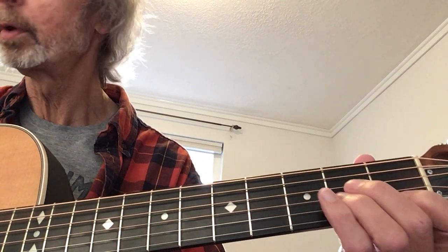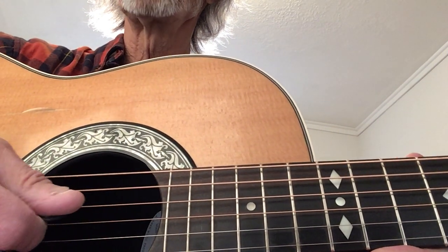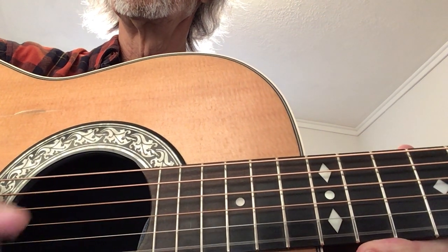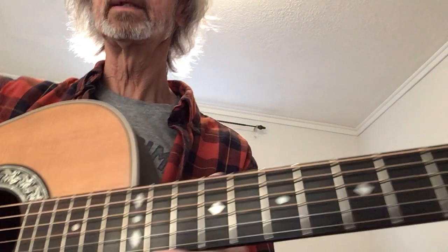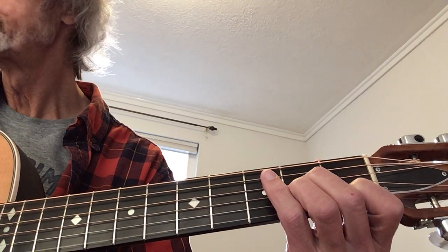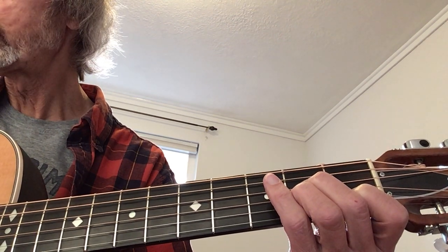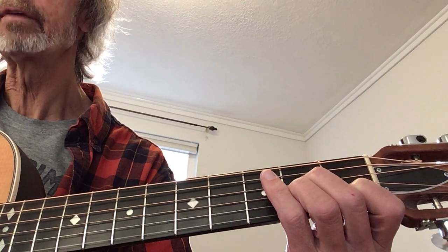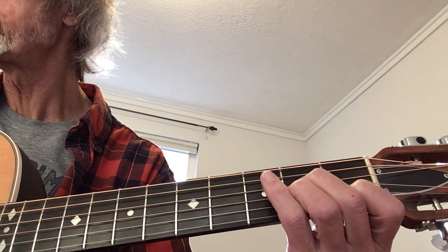Okay, so on the A minor chord, what I'm doing is I'm starting on the open A, right there, and then I'm just dragging down the strings and coming back up. So on the A minor chord, I play the open A, drag down through the next four, and then come back up two. So I have 1, 2, and 3, 4, 5, 6. 1, 2, and 3, 4,